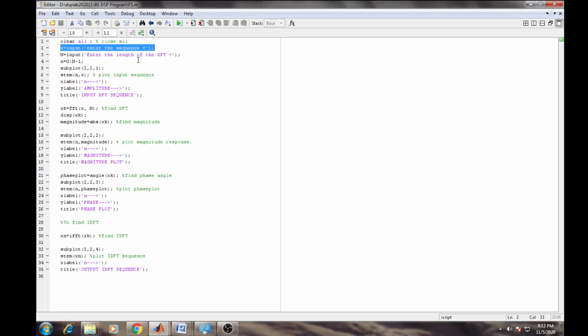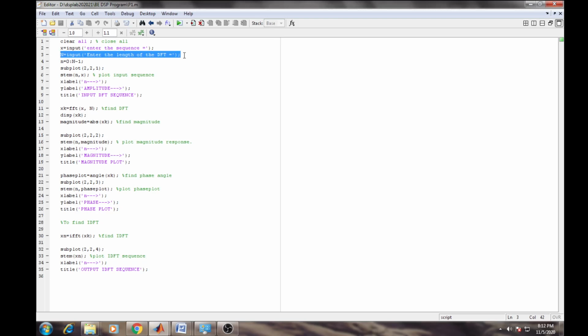So this formula we use here. Now we are going to find the DFT for 4 point or 8 point. So to enter the length of the DFT, we use another variable, that is N is equal to input, in brackets, enter the length of the DFT, right?